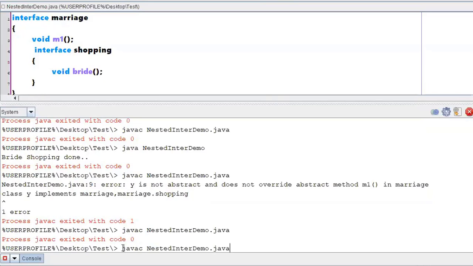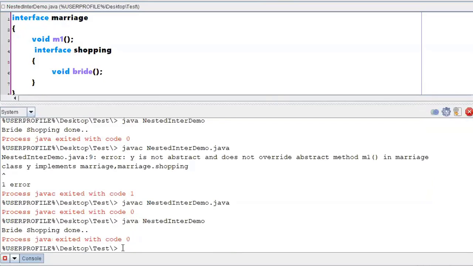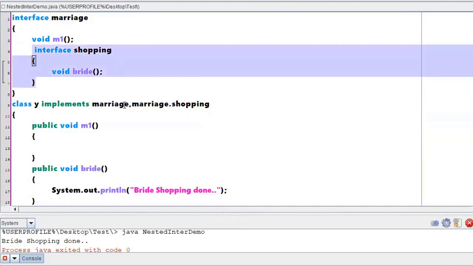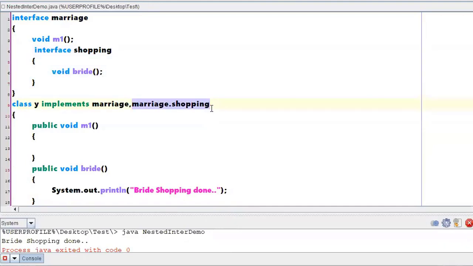So this is how you will be implementing the methods separately when you have different methods with respect to nested interfaces. The conclusion I wanted to show you is, even though you are writing nested interfaces, the methods of an outer interface need to be implemented separately and the methods of an inner interface need to be implemented separately. So the methods of the outer interface will be identified separately, and the methods of the inner interface will be identified separately. Clear with the conclusion?